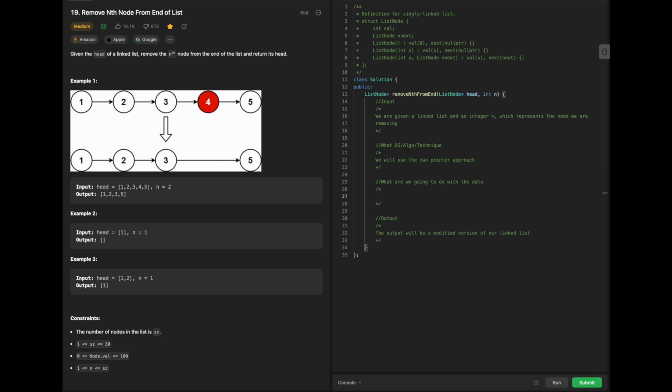So for our steps, we are going to first initialize our 2 pointers at the head of the list, where the head is typically the start, and then we're going to move the first pointer n nodes ahead. Then if the first pointer is null, like there's nothing there, we return the next node of the head, and this means n is equal to the length of the list, and we need to remove the head